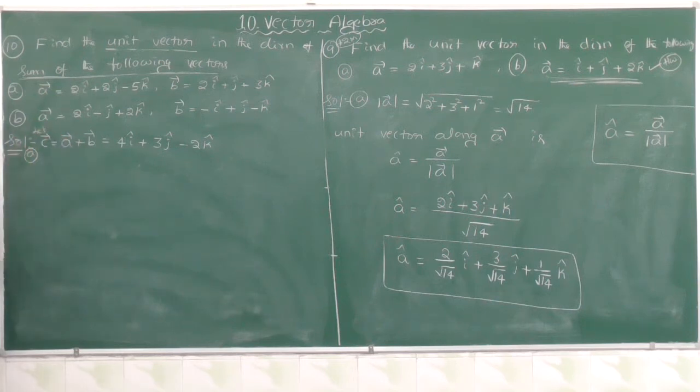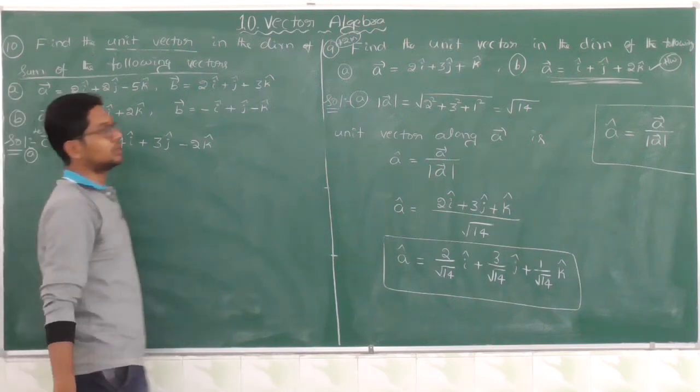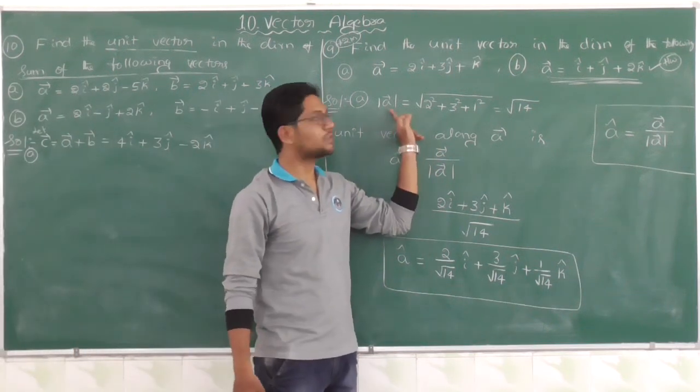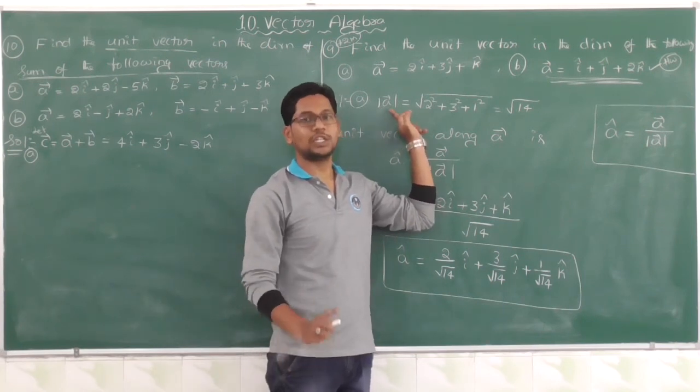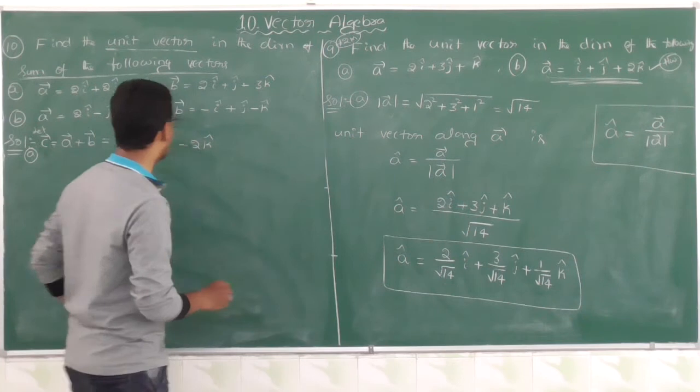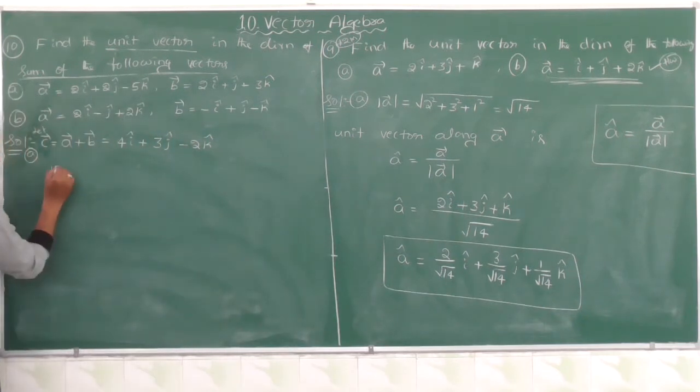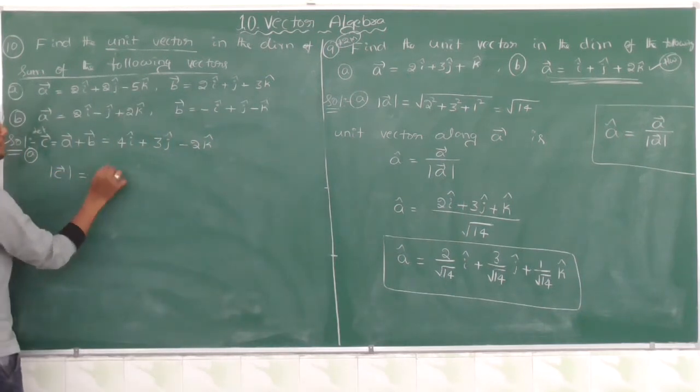Let c vector equal a vector plus b vector. I will define a vector plus b vector as c vector. Don't be confused. Now, how to find a unit vector? First, we have to find the magnitude of the given vector. First, find the magnitude of c vector, which equals the square root